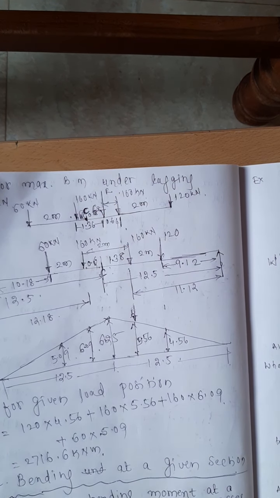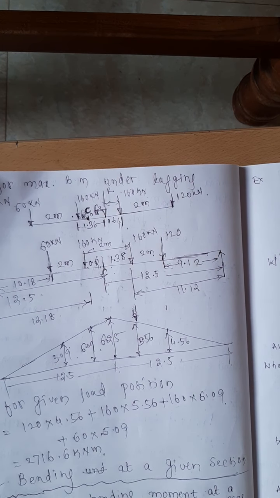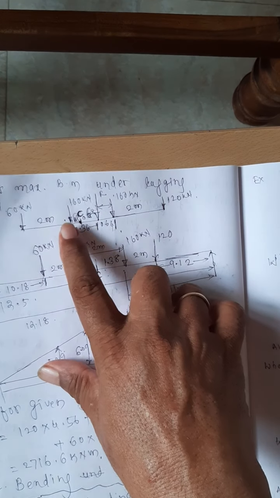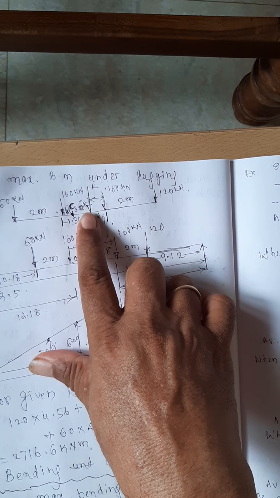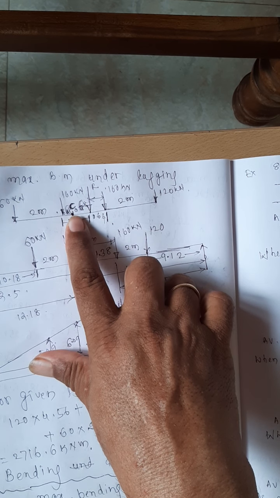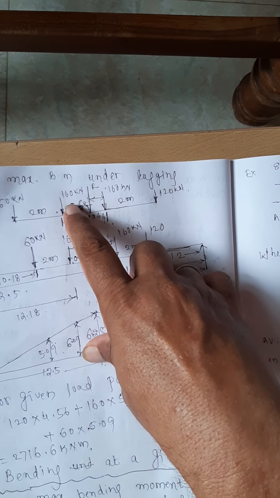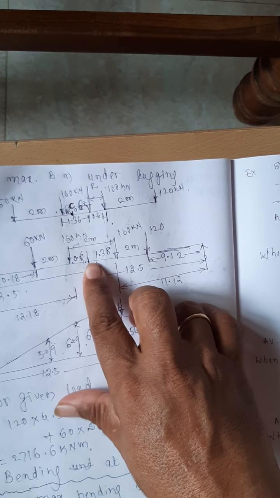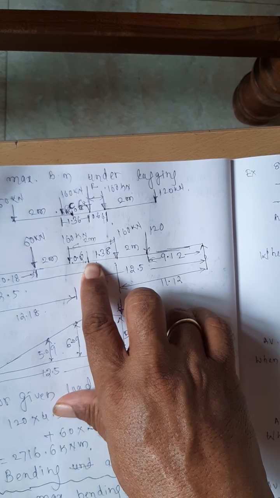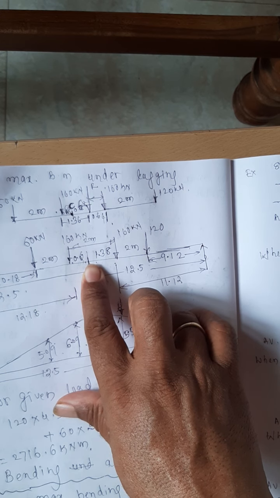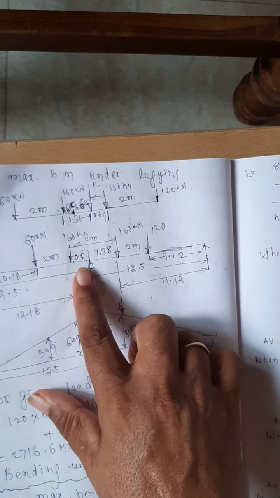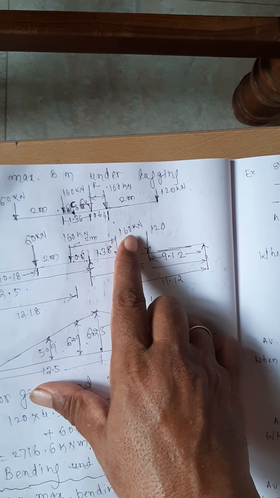What is the base to get the maximum bending moment under the 160 under any load? You get the distance between that load and the resultant, pick up the midpoint, and attach that midpoint with the midpoint of the beam to get the maximum bending moment. The rest all. In the earlier problem we are interested in 160.